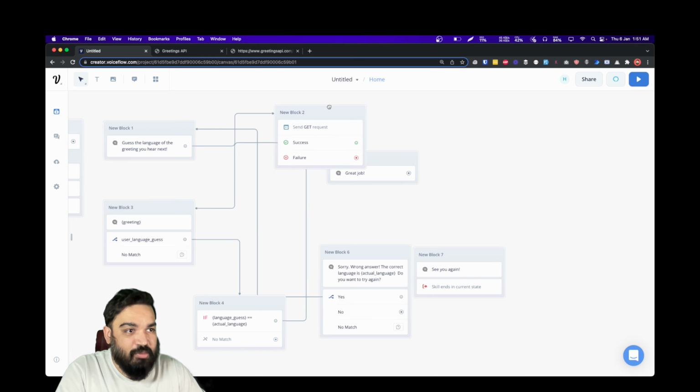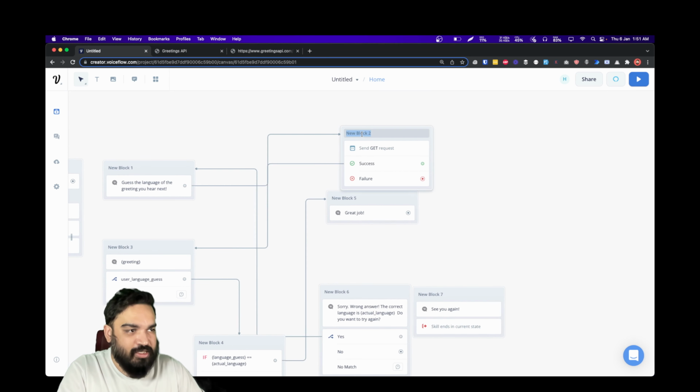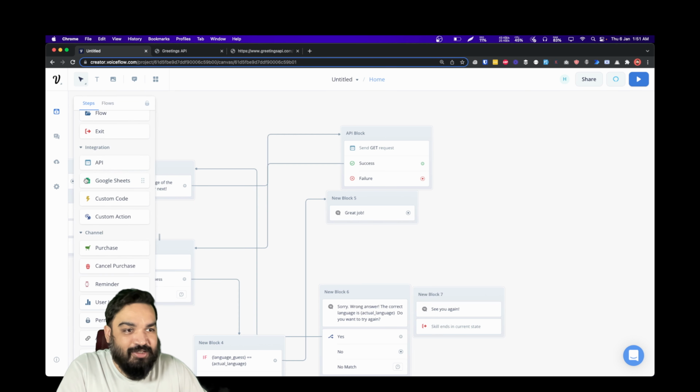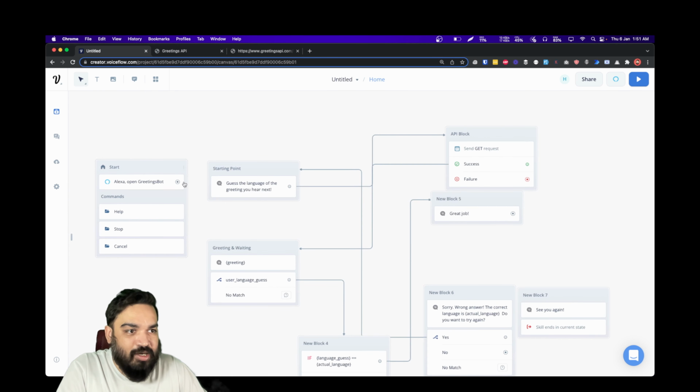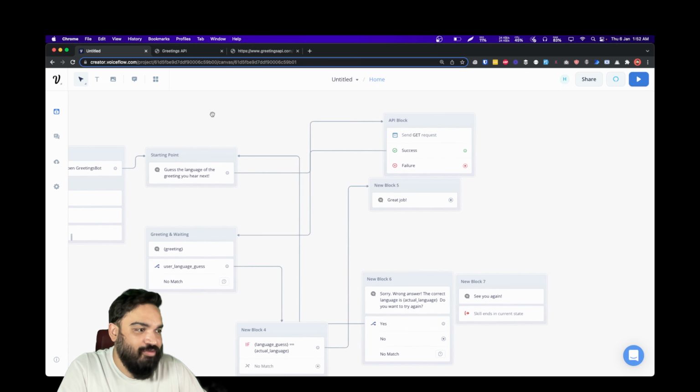And also always remember, when you are creating a complex skill like this, name all the blocks that you have. So API block, starting point, this is greeting and waiting because the skill is waiting. Also link the start block to the first one, otherwise none of this will work.